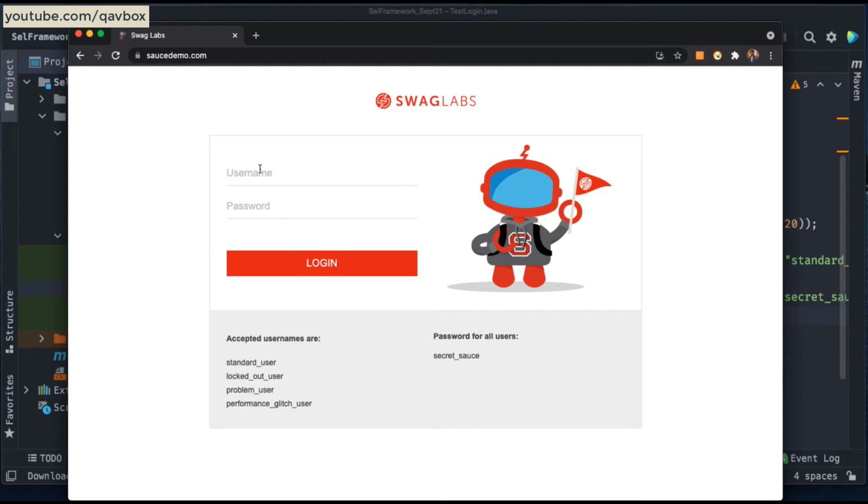Now what is the benefit? The benefit is that if you are writing that in an isolated file, you can access those particular elements and the actions wherever you need in your test cases, whether it is 1 or 50 test cases, you don't care. So it is the same concept, right? Write once and then utilize it as many times as you want. So any changes you need, like I said, if your password is changing, what do you need to do? You need to just change in one place, that is your login page.java. Okay, so that is that simple.